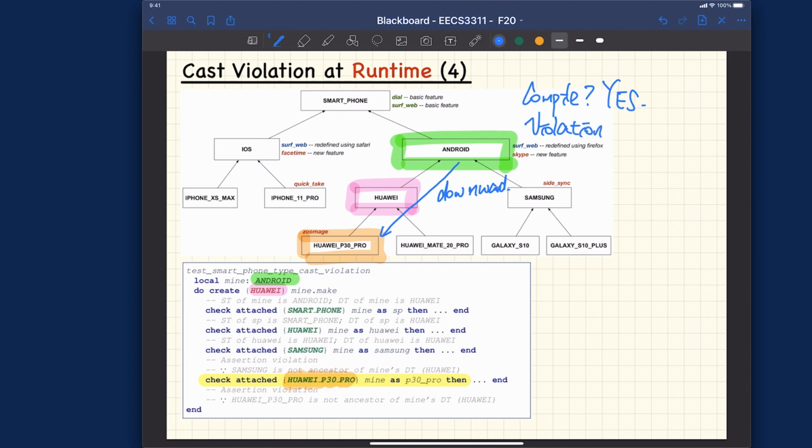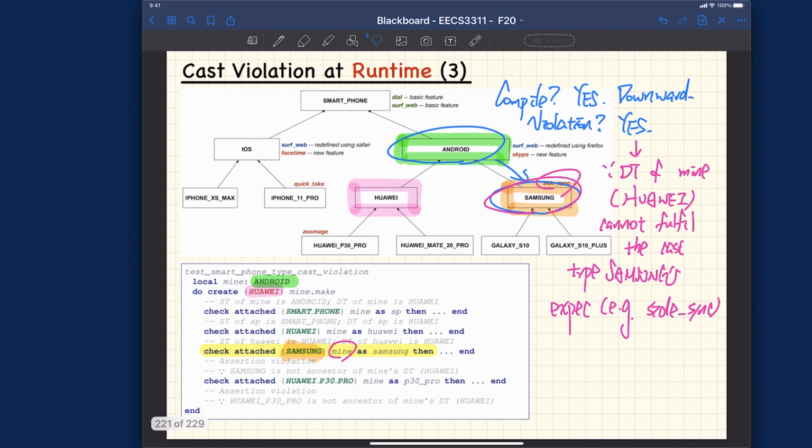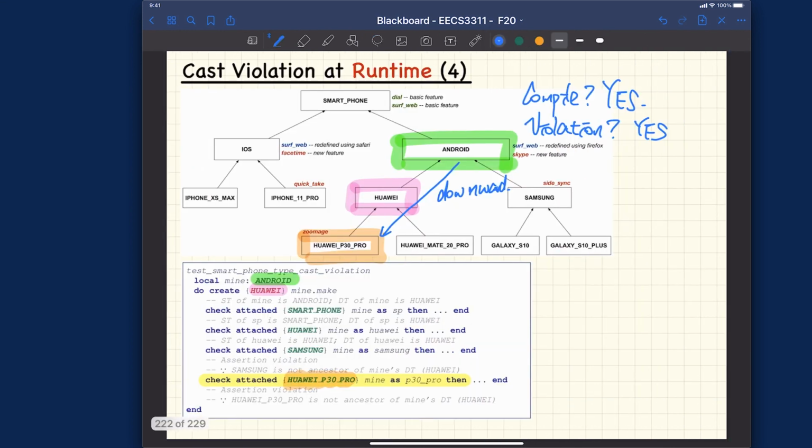So what about runtime violation? Are we going to get a violation at runtime? It turns out we will. Again, you want to see whether the dynamic type, which is Huawei, can fulfill the Huawei P30 Pro's expectation. Apparently it cannot. Counterexample, zoomage over here, right? Okay, so now a very similar argument over here. Let me just write it down quickly. So now, because the dynamic type over here, Huawei,